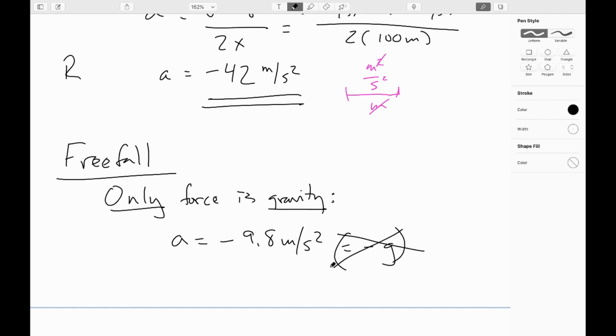I am not a fan of doing free fall problems and sticking the symbol G into things. I prefer, if you have a free fall situation, that you just write A. And free fall is trickier because all it means is that the only force is gravity. It doesn't necessarily mean the object's falling down at the moment. You could have thrown it up, and after it's left your hand, assuming it's a really aerodynamic object, so we don't have to worry about air resistance,